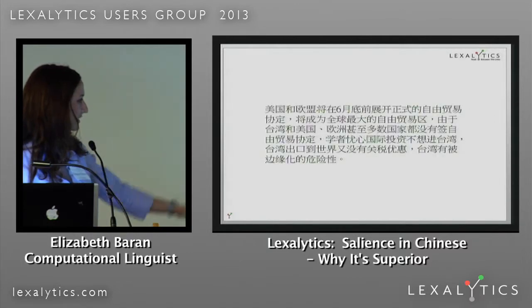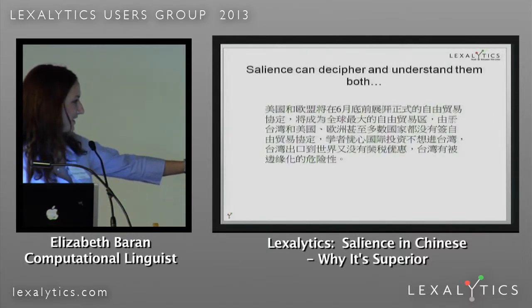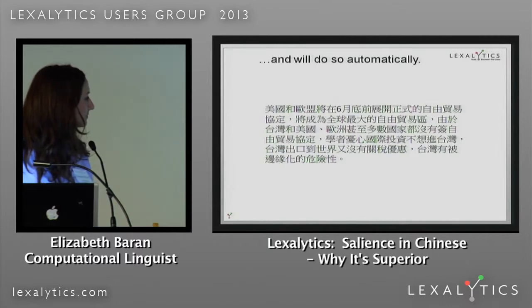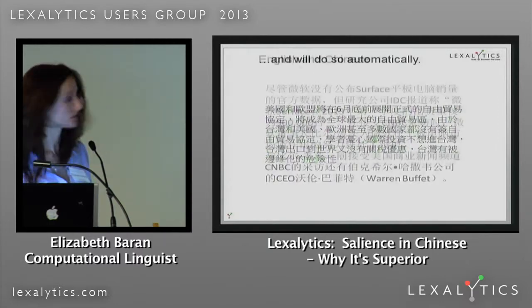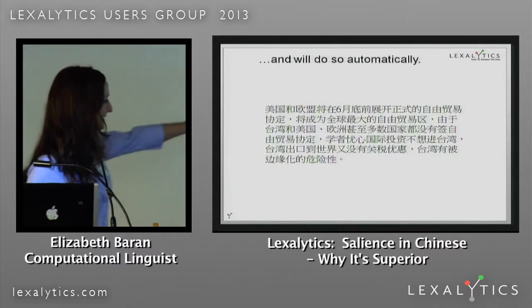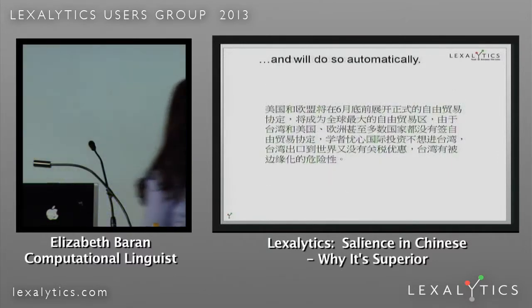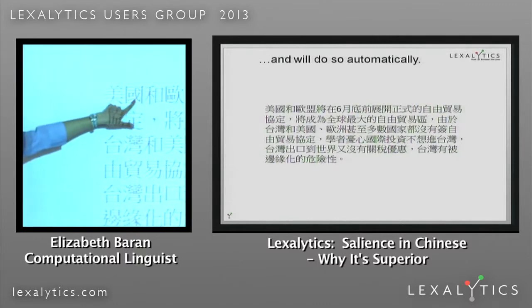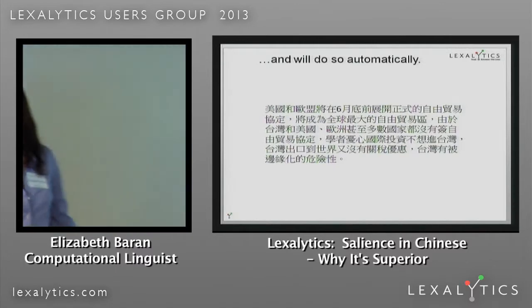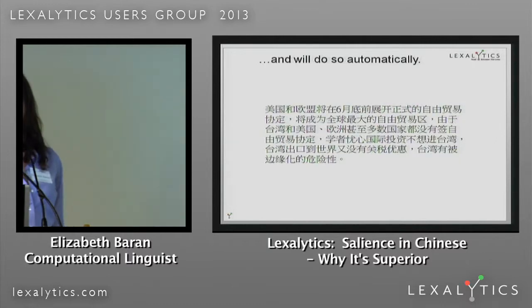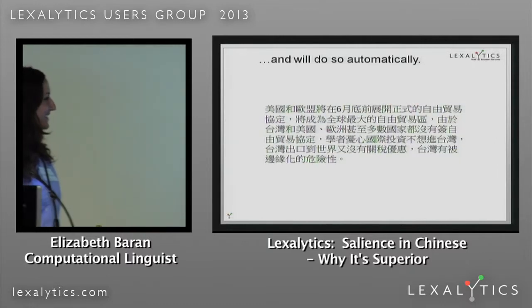Okay, so Salience can decipher both of these. If you look in the third line after the comma, you see the difference. You can see it with this first word here. So this is America, and this is country. That was one of the first characters I ever learned. And they said at that point, do you want to learn traditional or simplified characters? You have to pick now. And I was like,